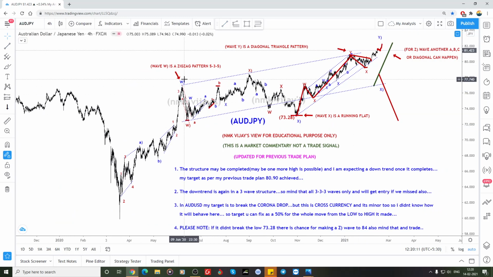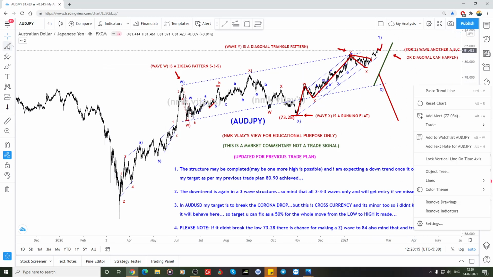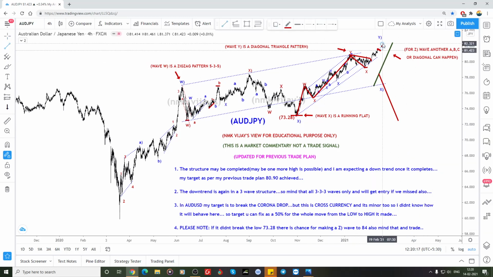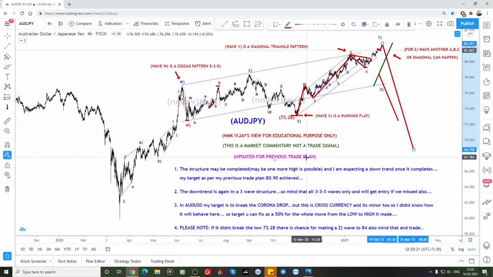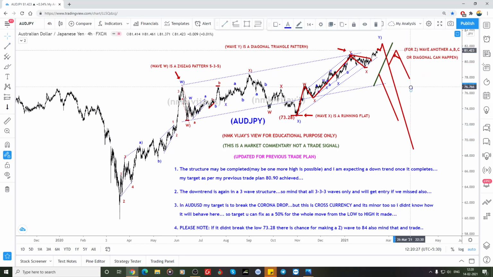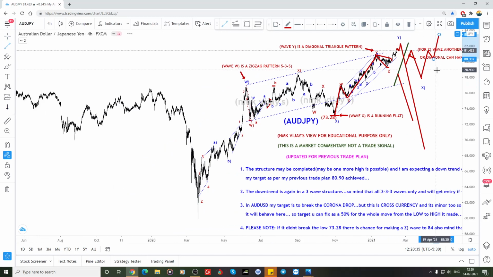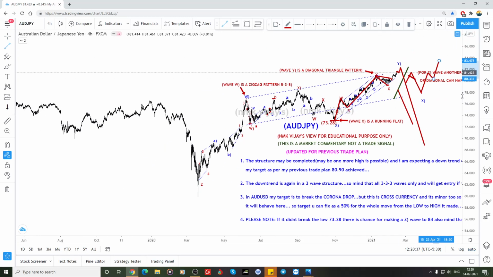W, X, Y. So if it is bearish, the Japanese yen trend is stronger than the Australian dollar, so it has to come down. Yet if it is again making a three-wave structure, that could be the X, again one more three-wave structure to cross the previous high for that Z wave to complete. And the Z wave, I think